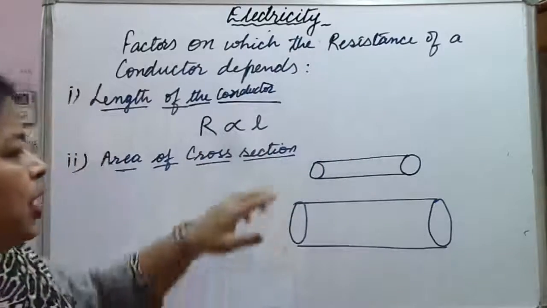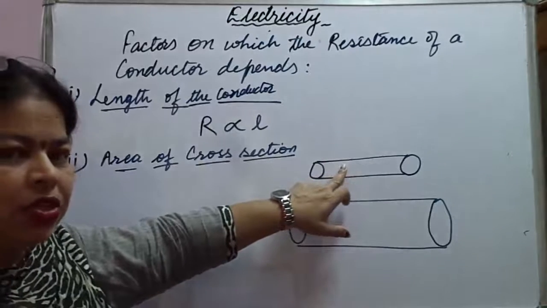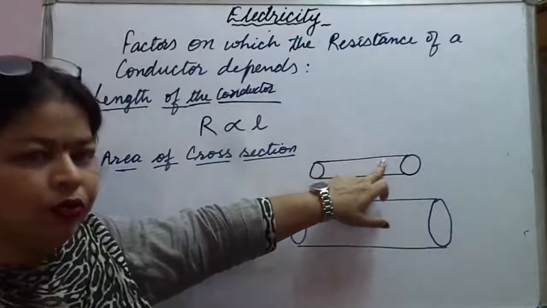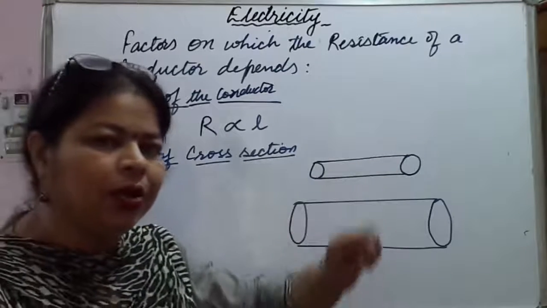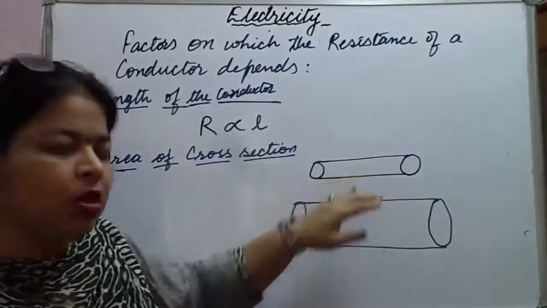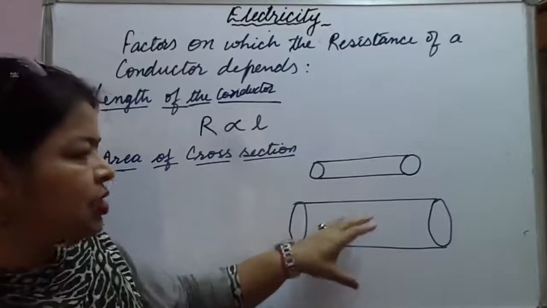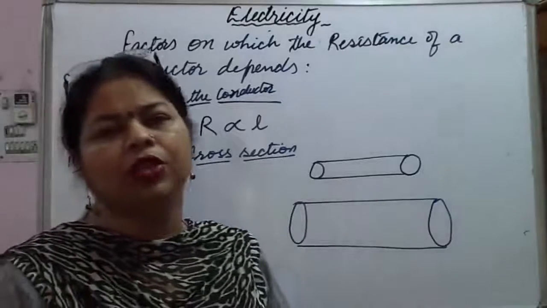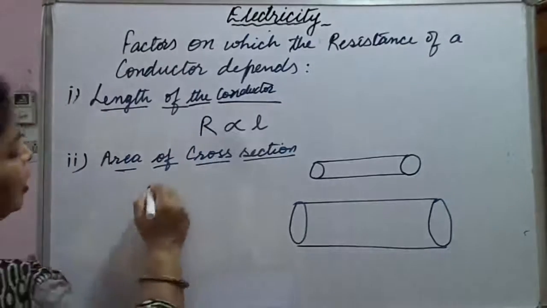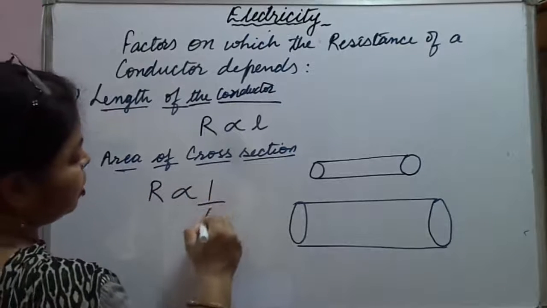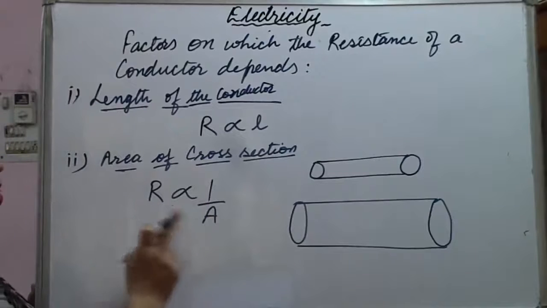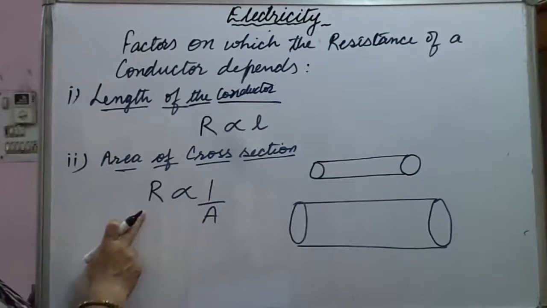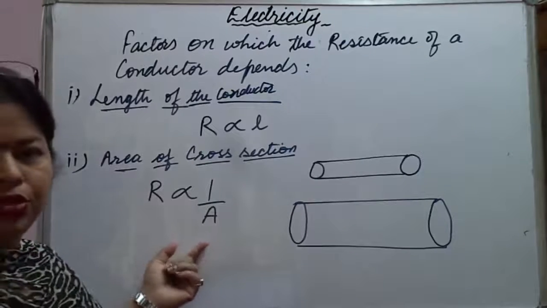Same thing happens here. The electrons which are present in this cross-sectional conductor, when the current is flowing, when they are charged, they are going to move from negative terminal to positive. So they are going to collide more as compared to this. In this, the cross-sectional area is more, so the electrons are going to collide less. So what we can say? That resistance is inversely proportional to cross-sectional area. Okay. So more the area, less would be the resistance. Less is the area, more would be the resistance. So it is inversely proportional to each other.